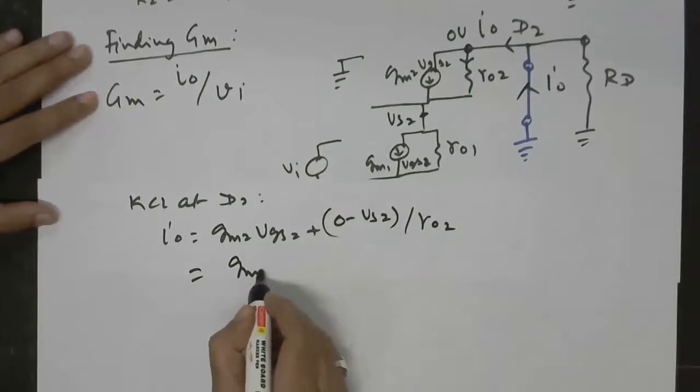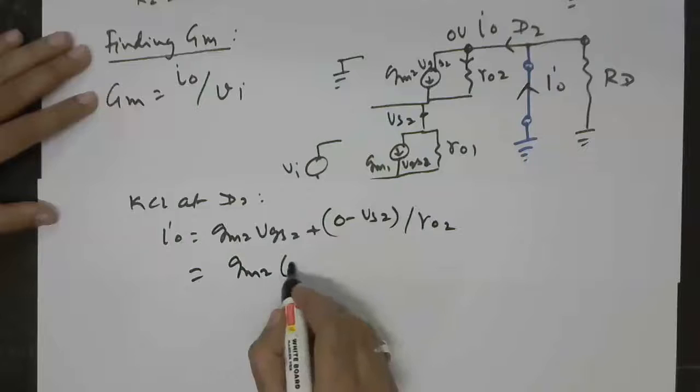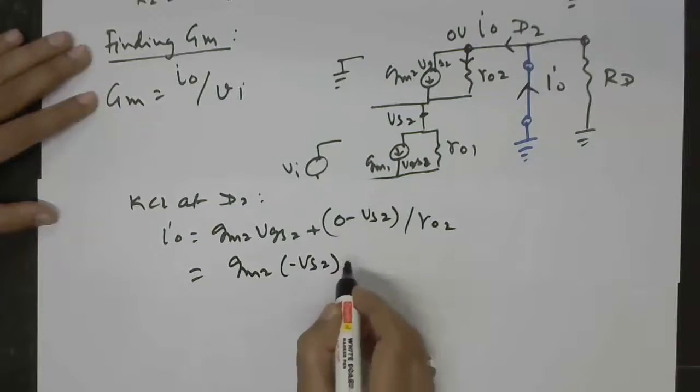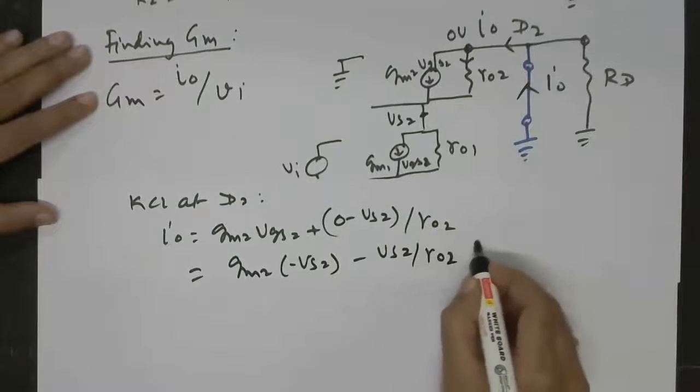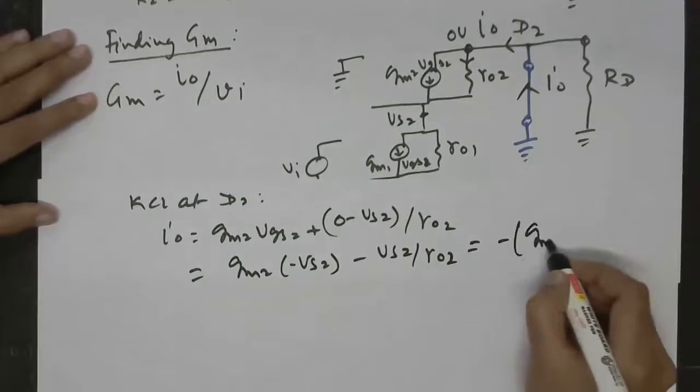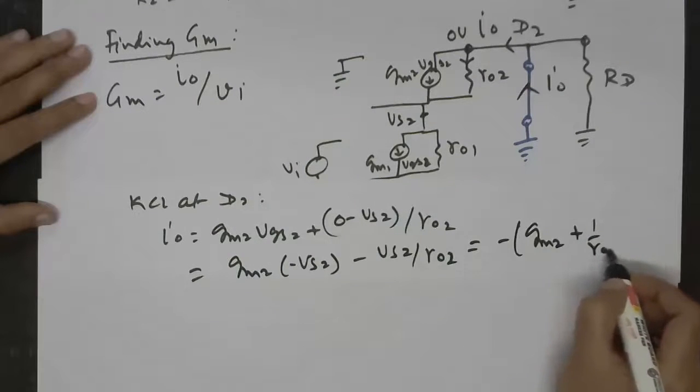And VGS2 is minus VS2. So this becomes GM2 plus 1 by R02